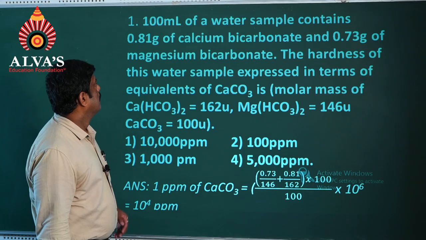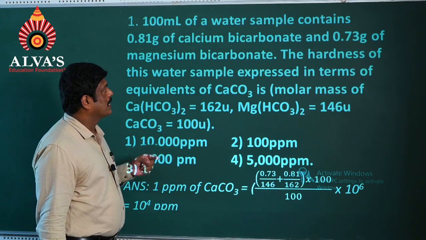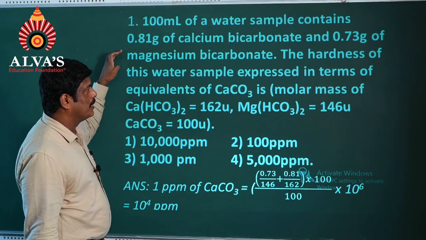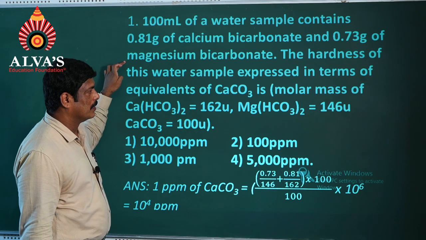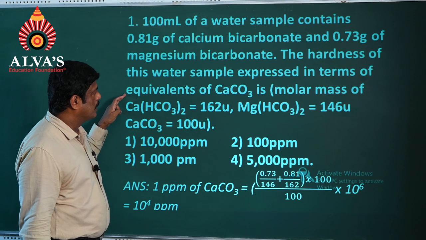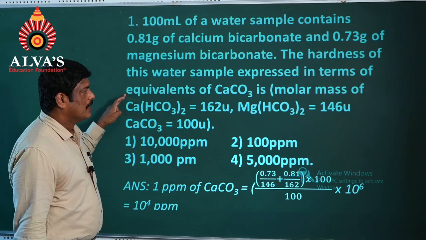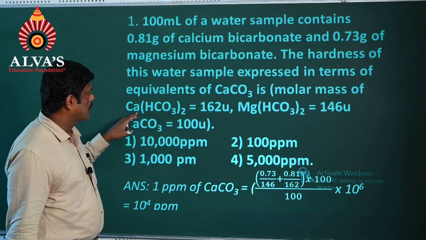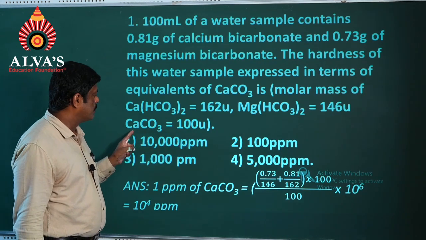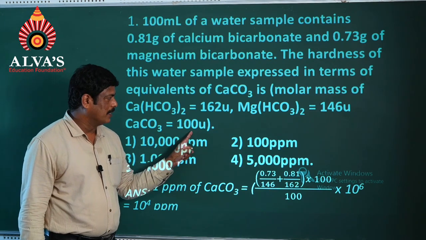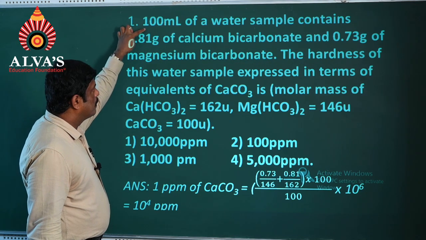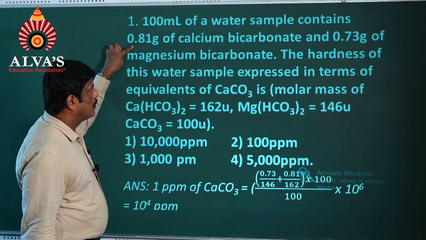Okay, first question. 100 ml of a water sample contains 0.81 gram of calcium bicarbonate and 0.73 gram of magnesium bicarbonate. The hardness of this water sample expressed in terms of equivalents of calcium carbonate is. So the given values are: molar mass of calcium bicarbonate 162, magnesium bicarbonate 146, and calcium carbonate molecular mass is 100. In this case, in the 100 ml of water, 0.81 gram of calcium bicarbonate is present